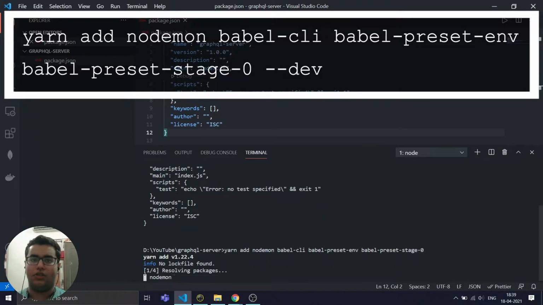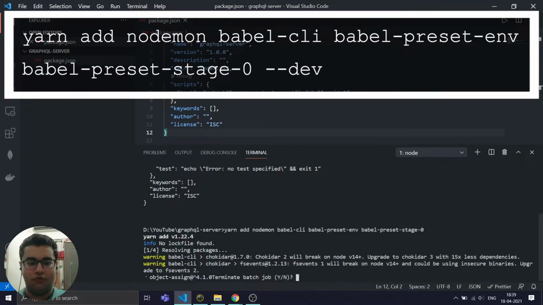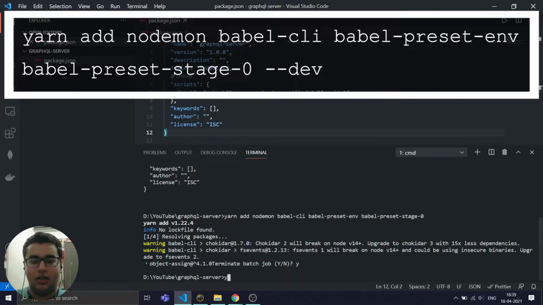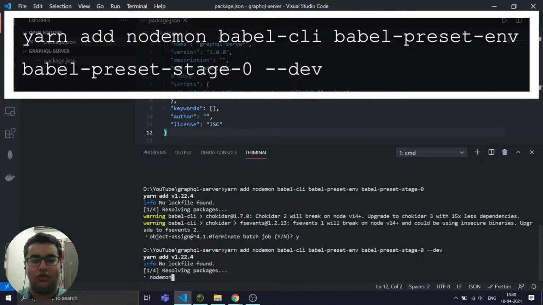We will be using babel, so basic babel stuff. And one more thing, this all will go into the dev dependency, so we will be using -dev. The flag -dev helps us to install all the packages inside the dev dependency. Sorry, I forgot that.